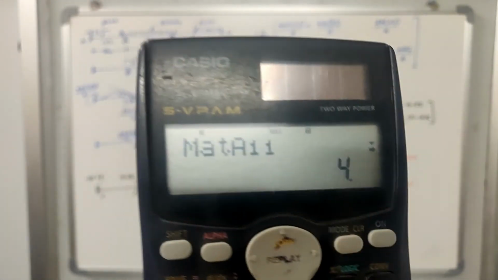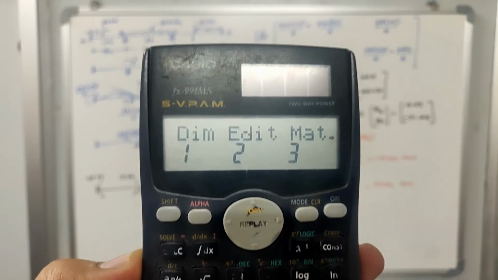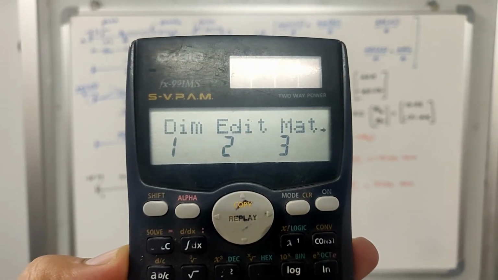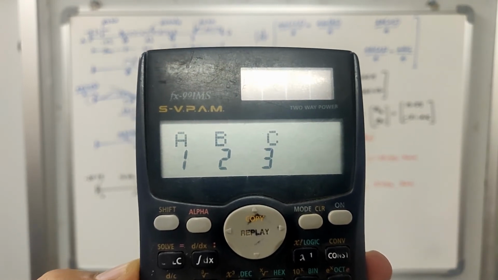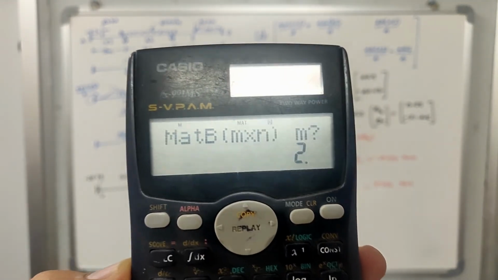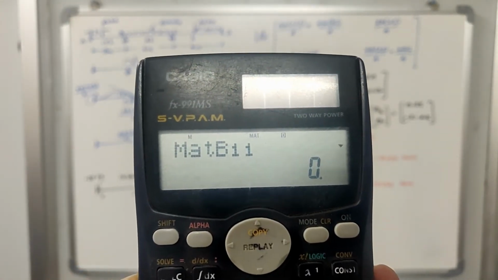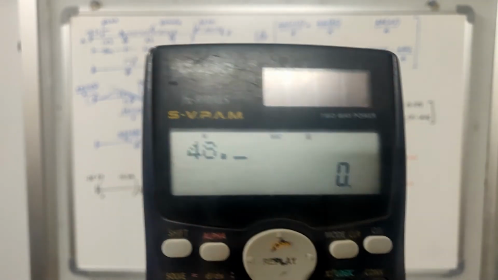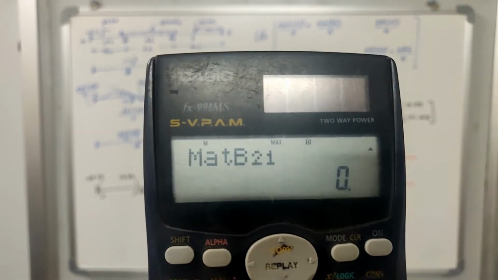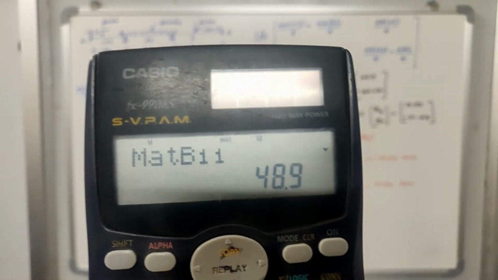Okay, now you have substituted the stiffness matrix. After substituting the stiffness matrix, you come outside, click AC. Okay, let us substitute the values of the force matrix. To do that, we go to dim, then we click at dimension, then we go for matrix second. In that we need to select what is m and l value. 2 by 1 is there. Now let us substitute the values of the force matrix. The first one is 48.9, next is minus 46.67, right? So these are the two values we have.